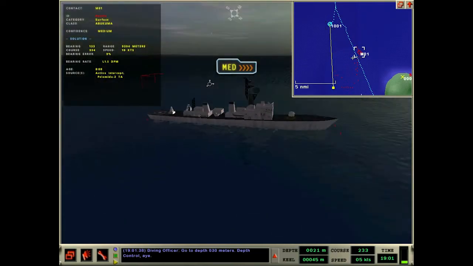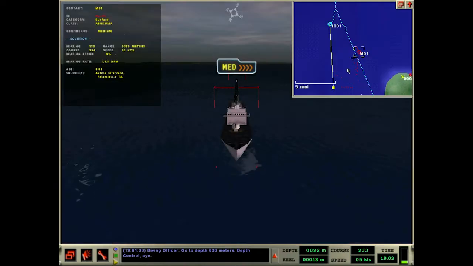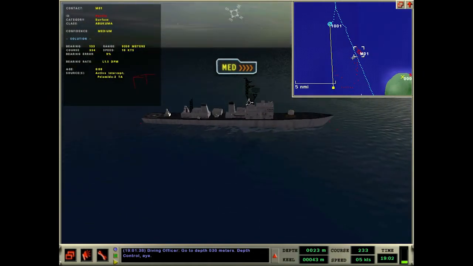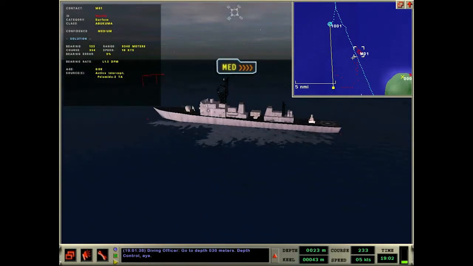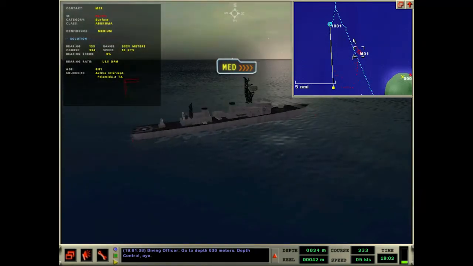I didn't see enough to tell what it was. Was I actually at 16 times zoom here? I was. Okay, so we weren't seeing... This is a very small boat. This is a small boat. It's smaller than a Perry. That sea was huge on this thing, so...